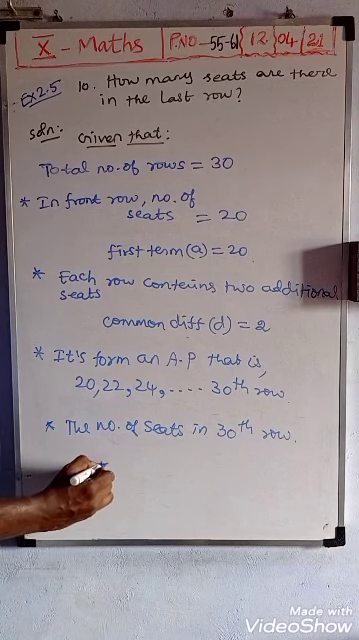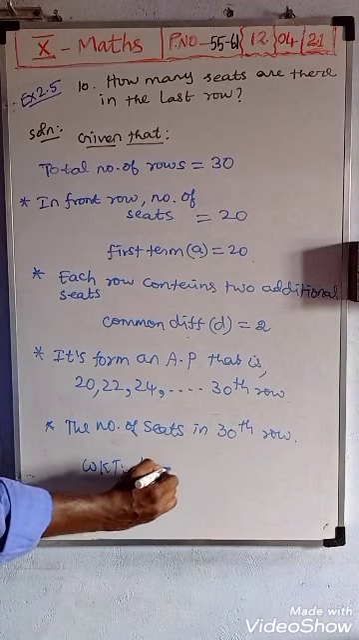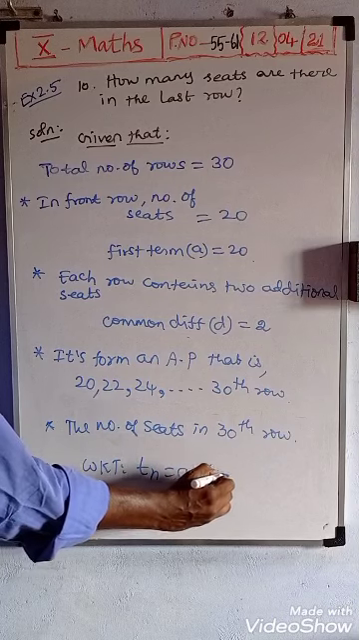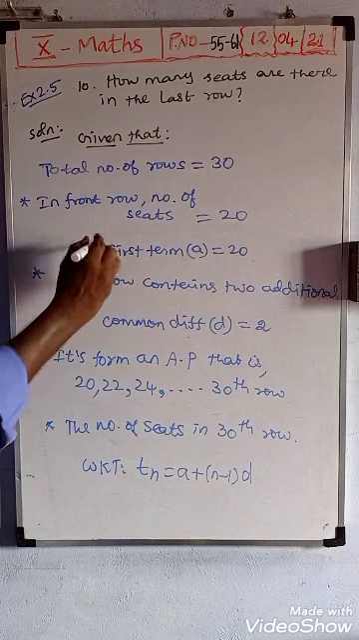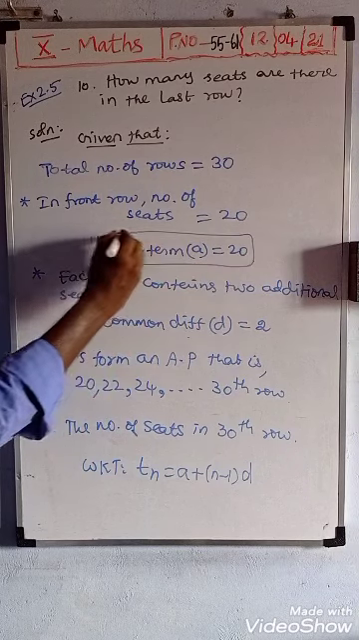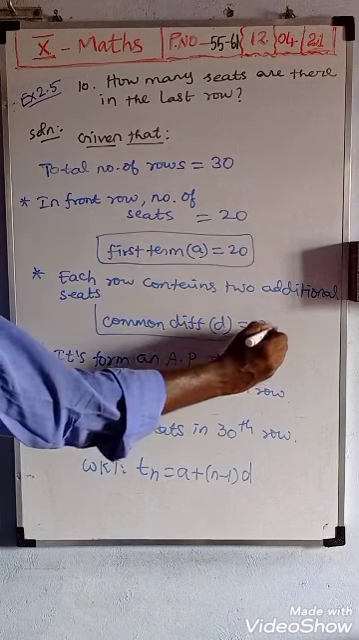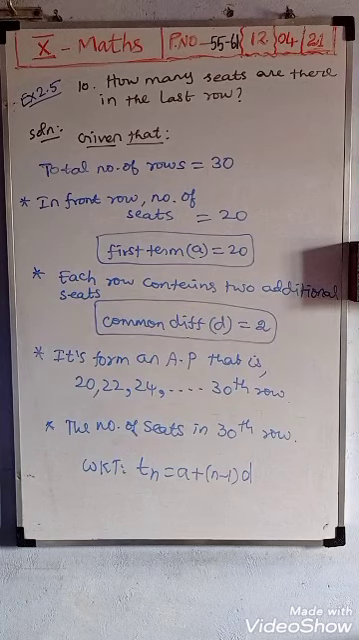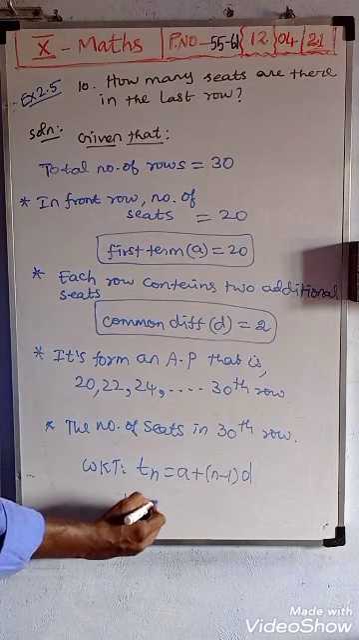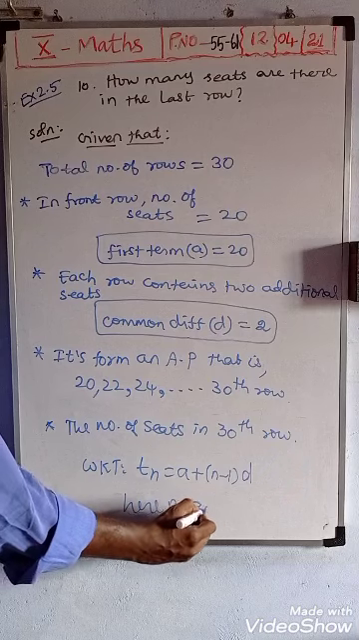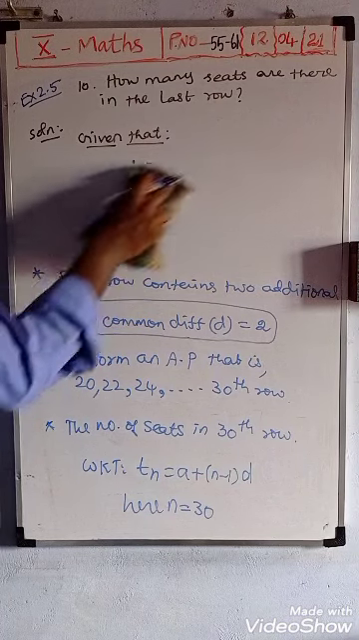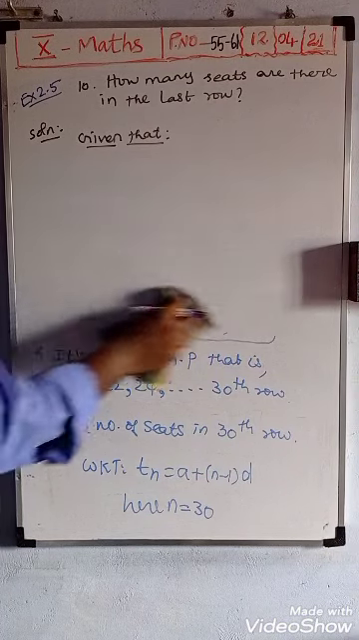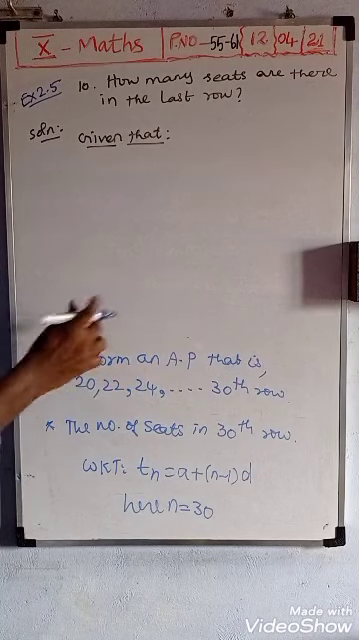So we know the formula Tn is equal to A plus n minus 1 into D. Okay, A value is there, D value is there. So first term A value is 20, then common difference D is equal to 2. Then here n is equal to 30. 30th row only, how many seats we want to find. N is equal to 30. Therefore you should substitute the values. So T30 is equal to